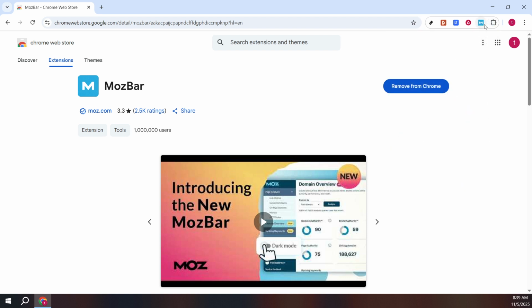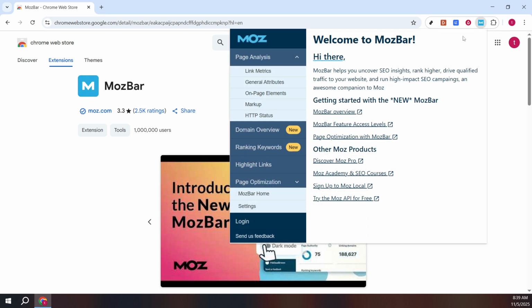And there you have it. You've successfully downloaded and installed the Moz tool extension in Chrome, unlocking powerful SEO insights directly from your browser. Now go ahead and explore all the metrics and tools that Mozbar provides to enhance your SEO